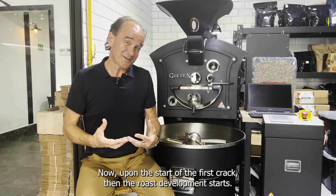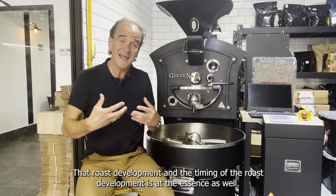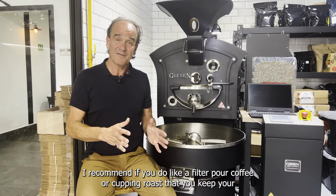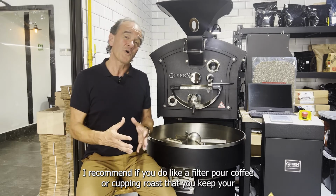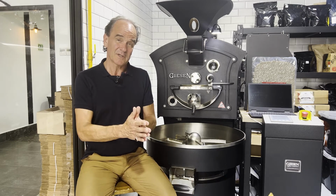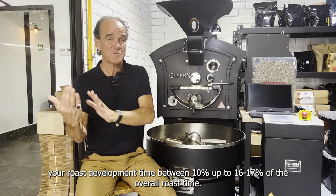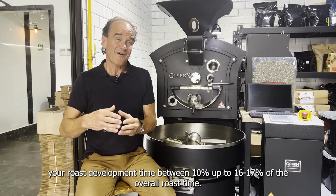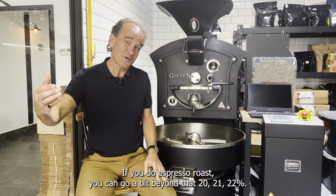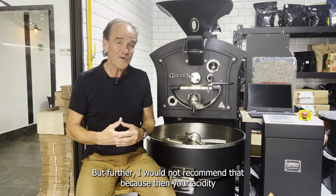Now, upon the start of the first crack, the roast development starts, and the timing of the roast development is of the essence as well. I recommend, if you do a filter pour coffee or cupping roast, that you keep your roast development time between 10% up to 16, 17% of the overall roast time. If you do espresso roast, you can go a bit beyond that, 20, 21, 22%,